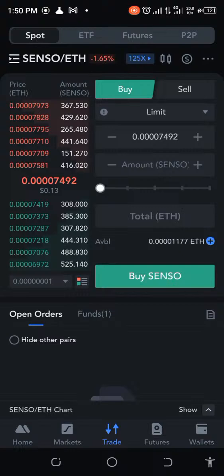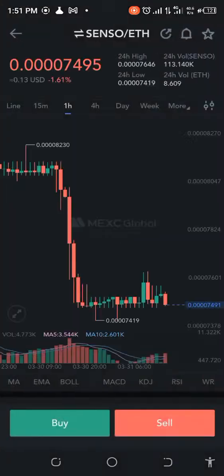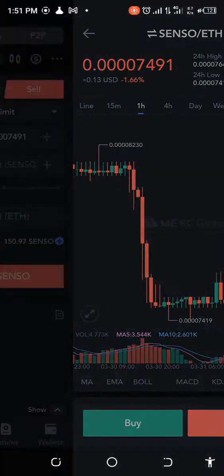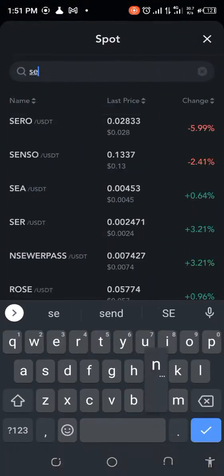And if you want to sell, we definitely will be looking at this particular one. We're definitely not going to get much from here. Okay, it was initially higher because I saw that it had a good spike, and then all of a sudden, oh, now it's coming down. No. So if I go back to my Senso USDT,